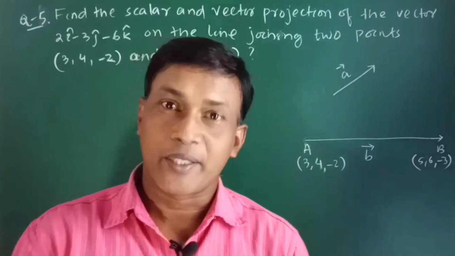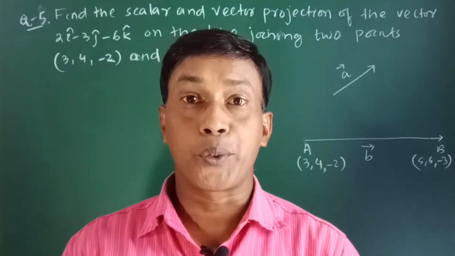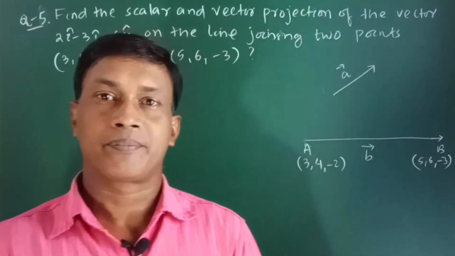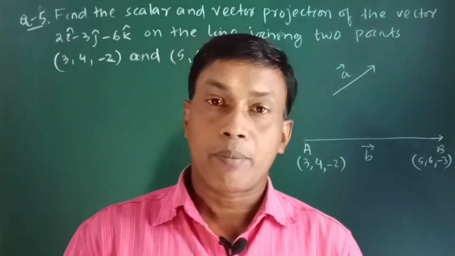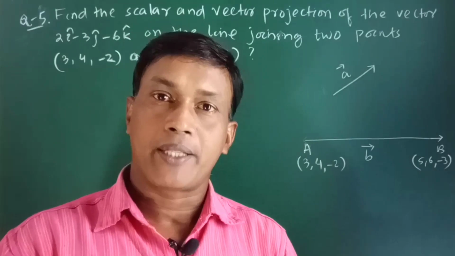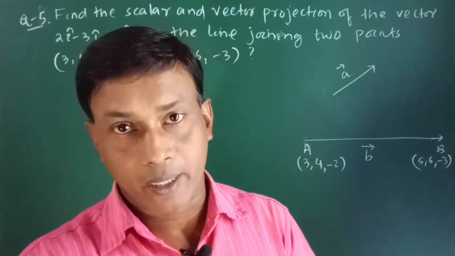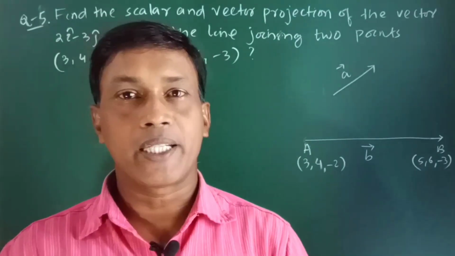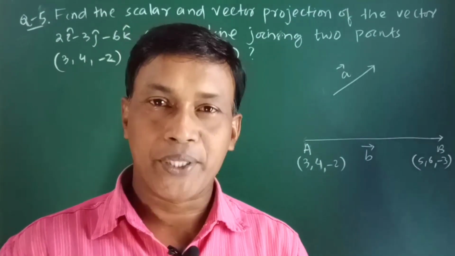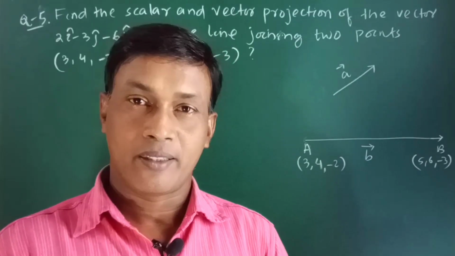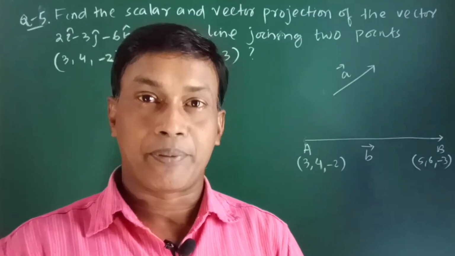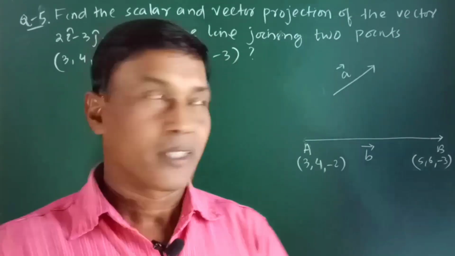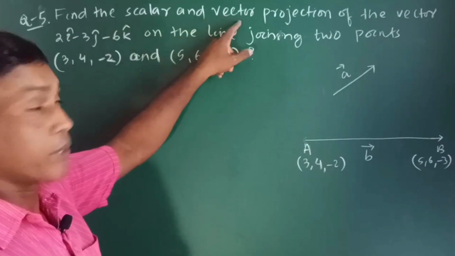Now here is another question, which is the application of a projection of vectors, projection of one vector on another vector. In case of a projection, we can find the projection of one vector on another vector. But here the question is to find projection, and I have already said there are two types of projection, scalar projection and vector projection. And I will tell you in advance, if it is not mentioned either scalar or vector, here is given to find scalar and vector projection.